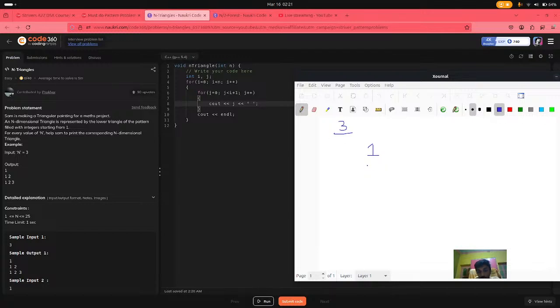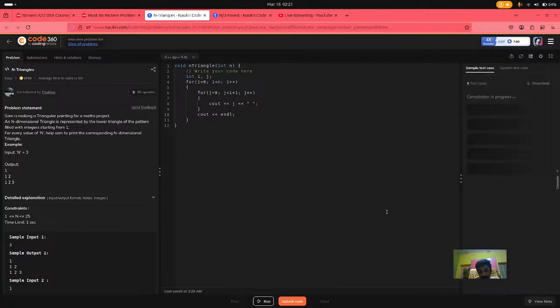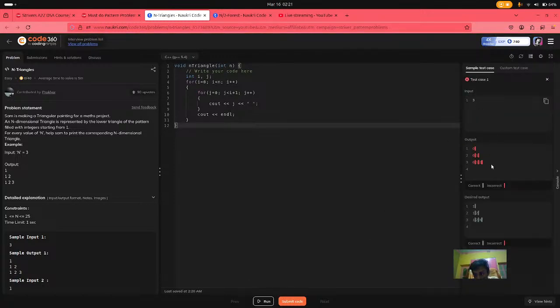Next loop I am getting 1 2. I am getting 1 2 3. I am getting a wrong answer. Okay, my bad. For this I have to start from this,